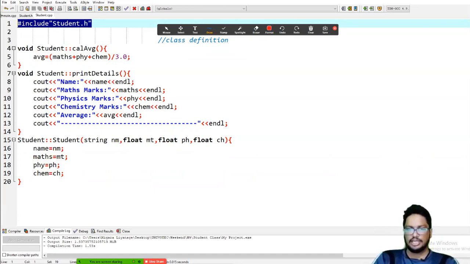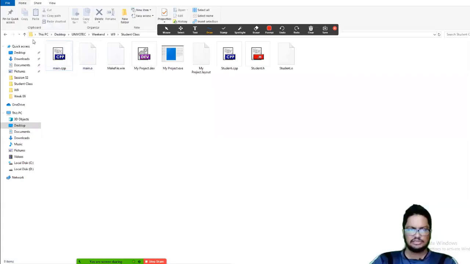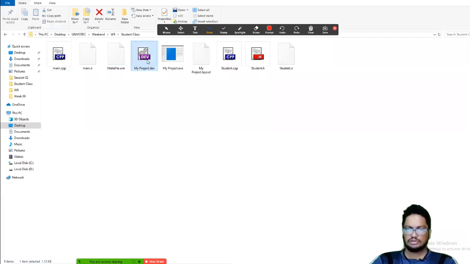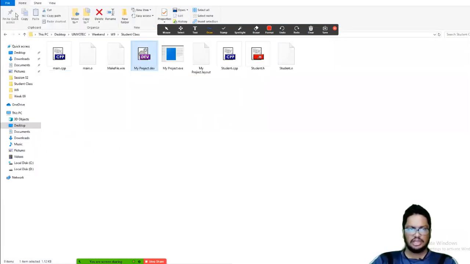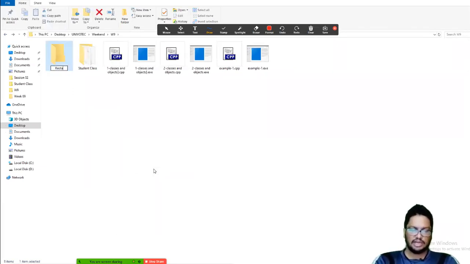Or do I need to explain it again? So thereafter, you can just open it by going to the location. Now this is where my project is located, and you can open the project by opening this file. And make sure you are going to have different folders for different classes. So if you are going to create another file for the rectangle class, then make sure that you include it in a separate folder. Understood?